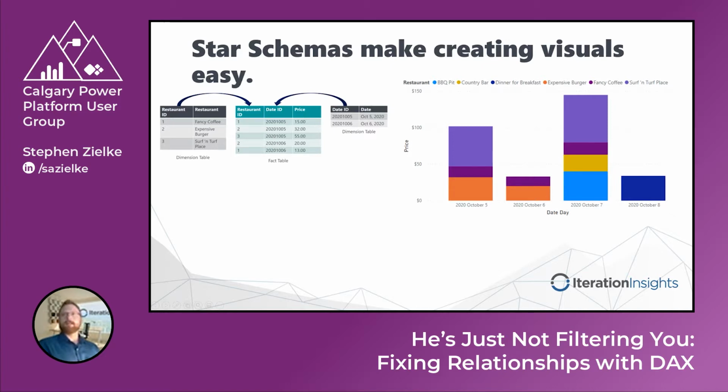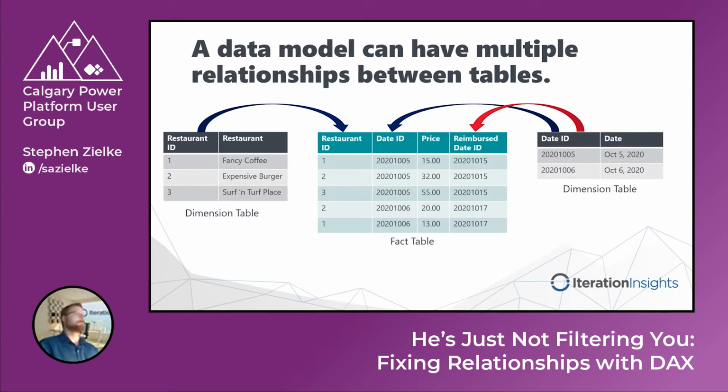But let's start making things a little bit more complicated, and see what else we can do and start using some DAX. When you're making a data model, most of the time you'll only have one relationship between a dimension and your fact table, just going straight one way. They also have a direction: the dimension filters the fact. But it is possible in Power BI to create